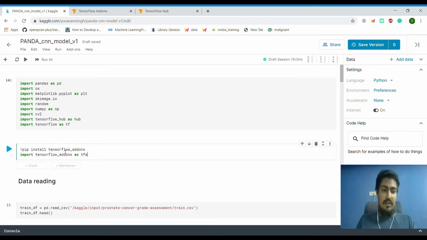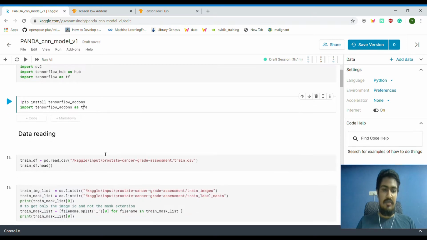And then TensorFlow add-on, actually the Kaggle kernel doesn't come with TensorFlow add-ons on its own. We have to install it. So this is a way how you can run Linux commands from Jupyter notebooks. So exclamation mark followed by the Linux command. So we are just going to pip install TensorFlow add-ons, which will install all the TensorFlow add-ons, and then we are importing it as TFA.